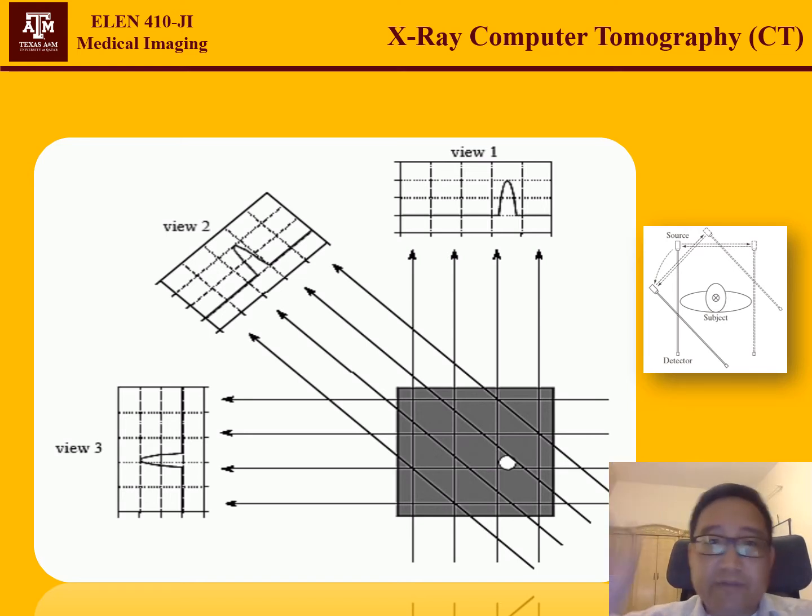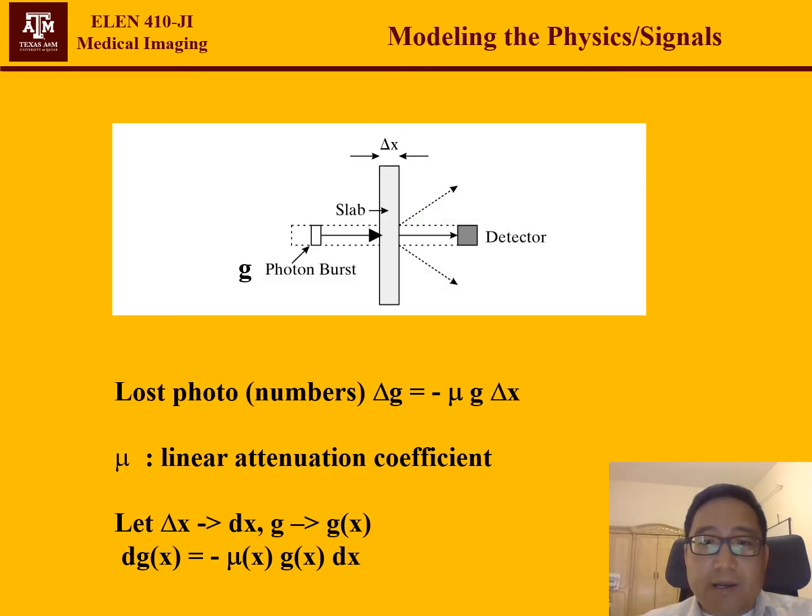If anybody has ever done an X-ray CT scan, you probably heard a rotating noise from the gantry inside the big cylinder. You see, shoo, shoo, shoo. This is the rotation of the X-ray source and the camera. Okay, and